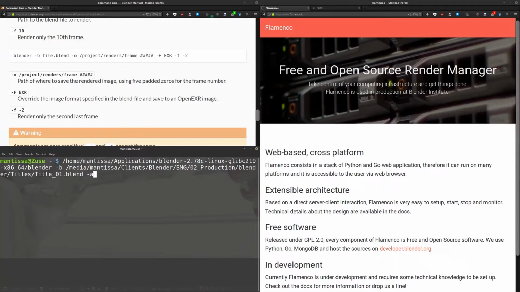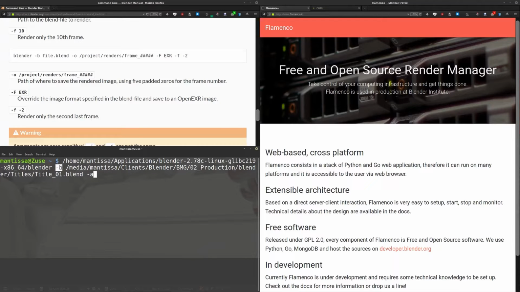So for me, I've got my file set up with where all my final renders need to be saved. What I'm going to do is open up a terminal and point it towards my Blender installation directory. Mine is just in my home folder in an applications directory. I don't really have a reason for doing it like this. I know people will probably cringe when they see this, but it doesn't really matter. Whether you're on Windows, Mac, or Linux, you have to point your initial command, obviously, to where Blender itself is, and you can find more information about that in the documentation as well.